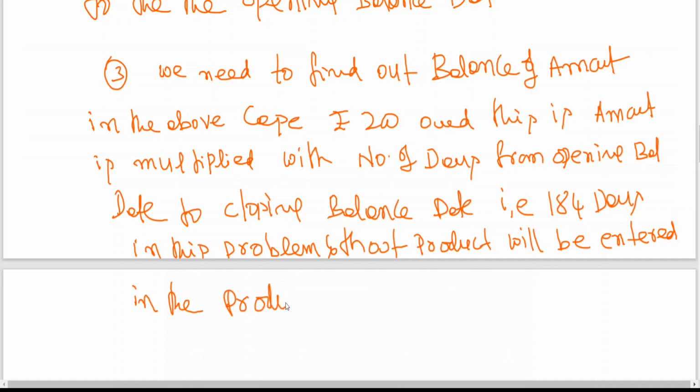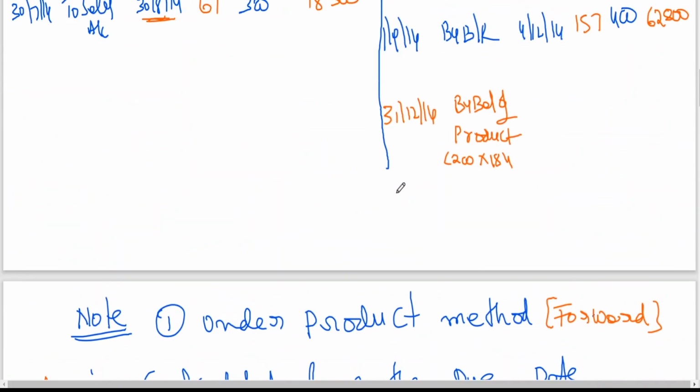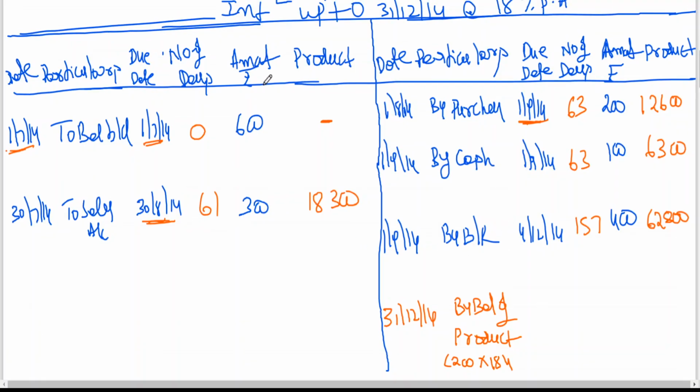Now the doubt is, sir, this problem is very rarely seen, only in IPCC 5 marks long back. But having said that, let us prepare for it. Suppose if the debit side is showing more, if credit side is showing more, then we write to balance of product. That's it. Simple. So balance of product you should write before going for actual balance of product. So here under epoch method, two balance of product I should do: the normal balance of product for calculation of balance into product, then actual balance of product to calculate interest. Suppose if credit side is shown more, this will appear on the debit side.